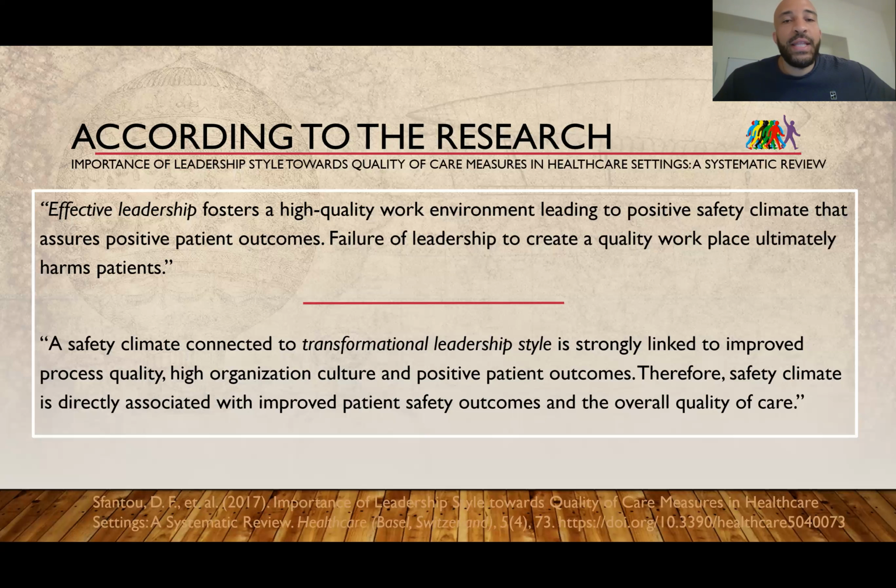So inside that article, the excerpt reads, a safety climate connected to transformational leadership style is strongly linked to improved process quality, high organization culture, and positive patient outcomes. Therefore, safety climate is directly associated with improved patient safety outcomes and the overall quality of care. So the type of leadership that this article found was strongly linked to improvements in patient outcome was transformational leadership